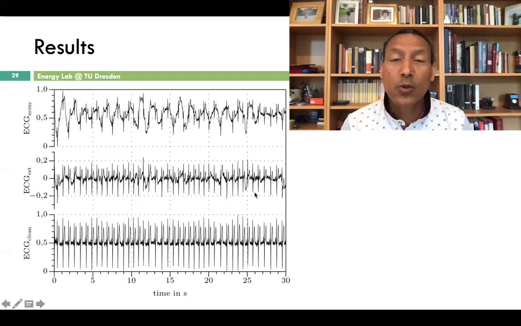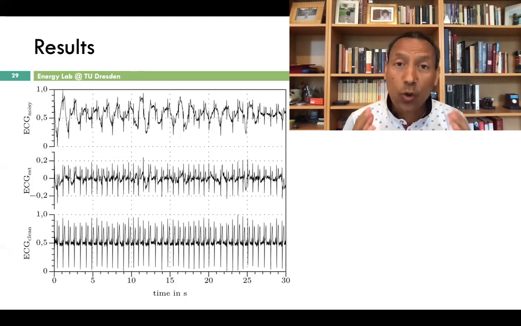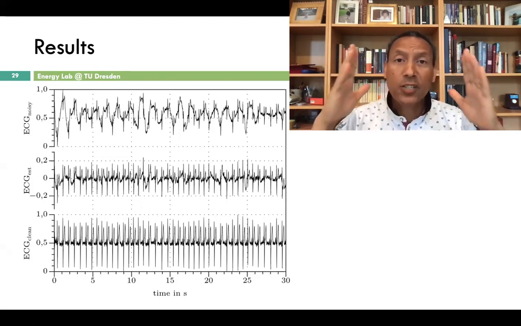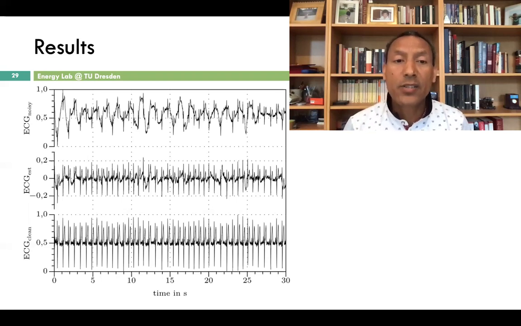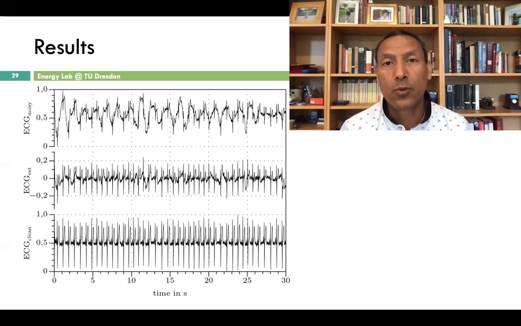So at least we can use a wireless electrocardiogram for emergency purpose or for telemedicine, so that doctors can observe a patient from a remote location and see if everything is all right, or whether the patient can be summoned to a clinic for a closer